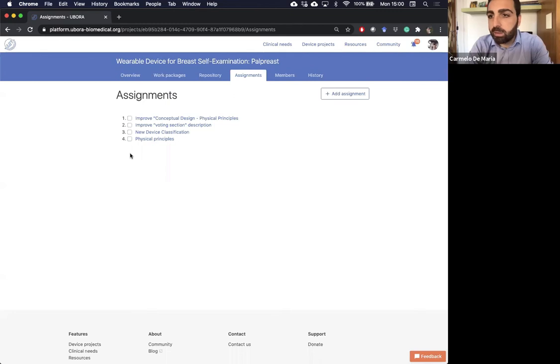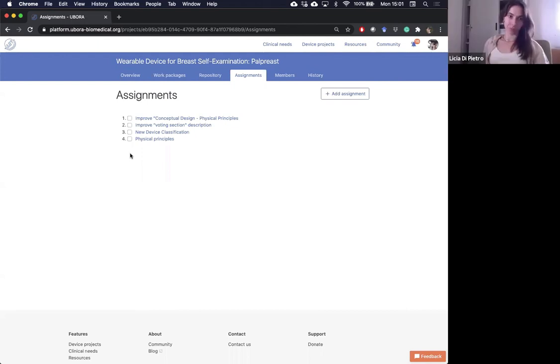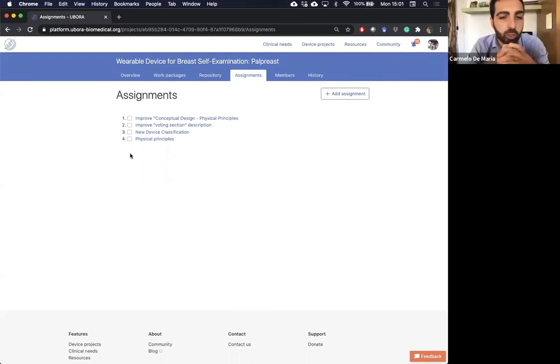The only request is that between the keywords of your project, I'm inviting you to type this keyword: BootCamp 2020. In this way, we are able to immediately identify all the projects you want to submit. Of course, then you can add group 1, group 2, group 3, group 4. It will be easier for us to manage the